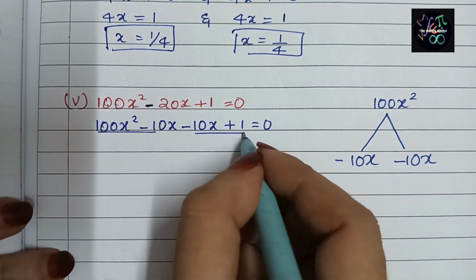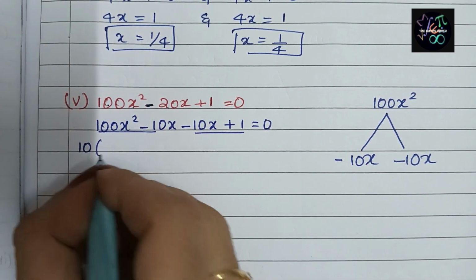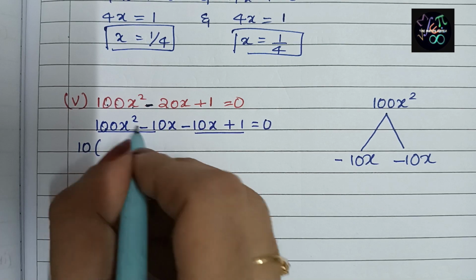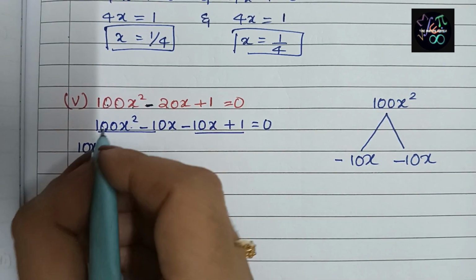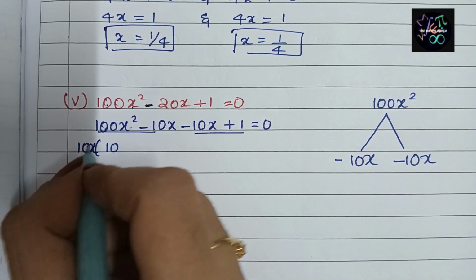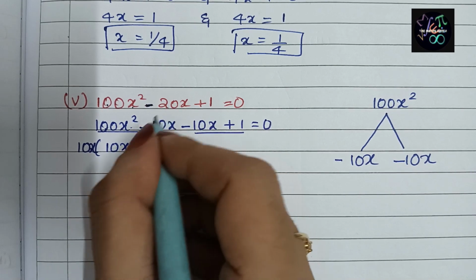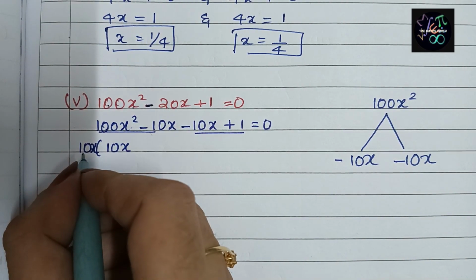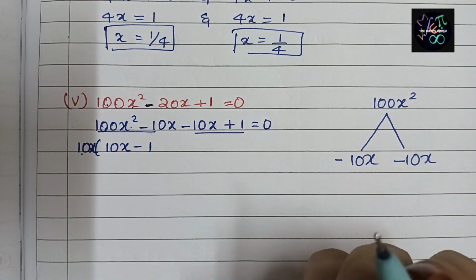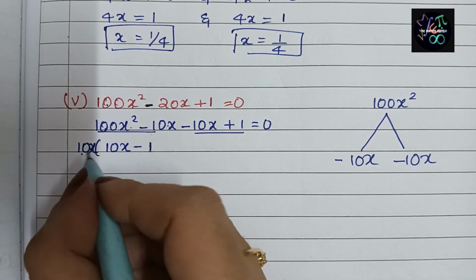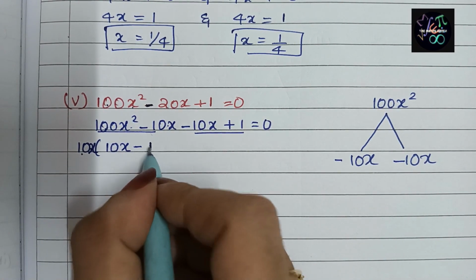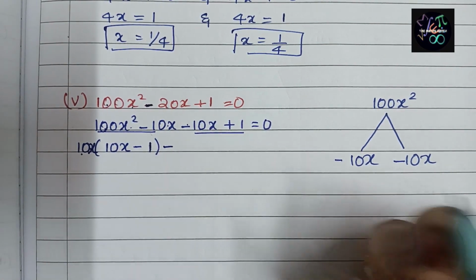Let us see the common. 10 is common and x is common. Here x also is common. 10x. 10 tens are 100. X square is there. 1x common, so 1x remains. Complete 10x is outside. That is common. So minus 1. Nothing means 1. Because complete 10x is outside. Nothing remains means 1. Here minus, I'll take common.